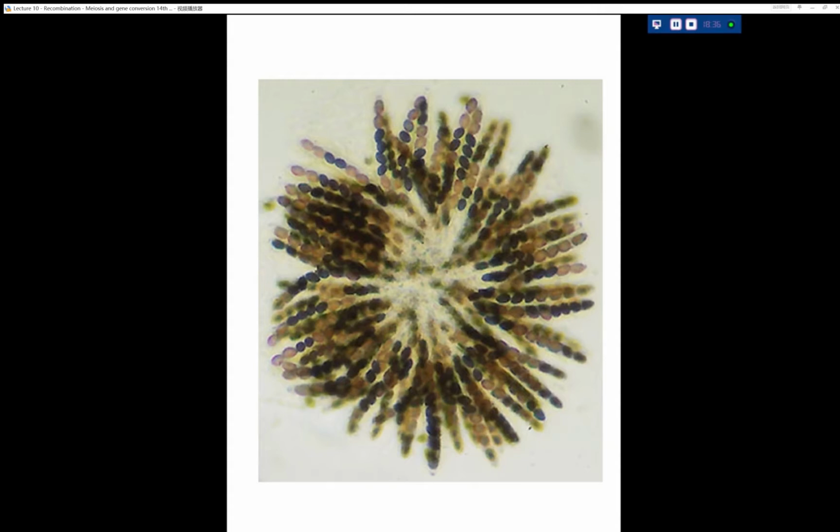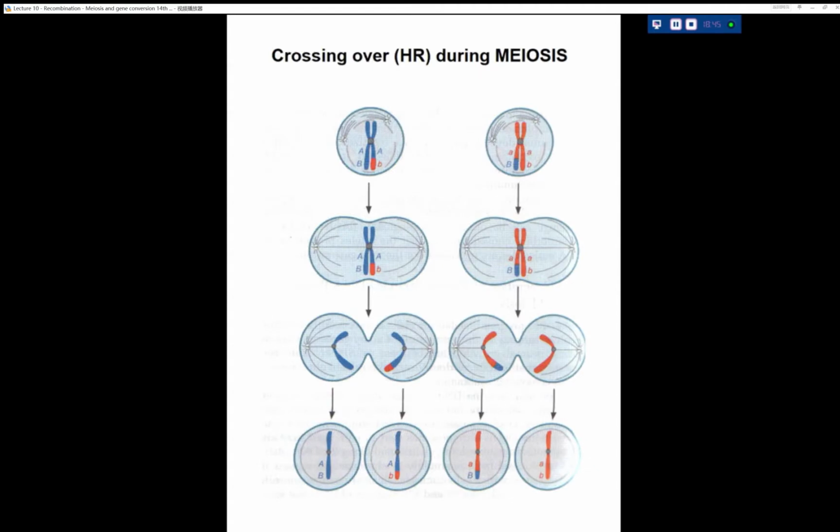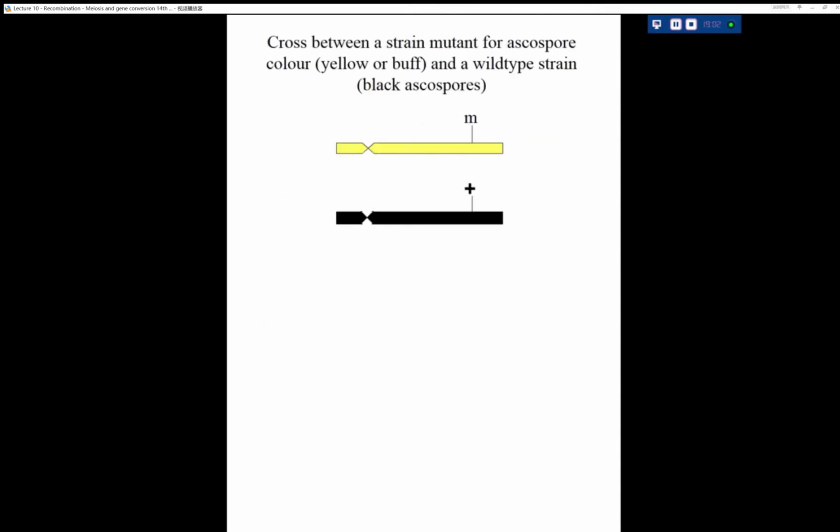yellow or colourless ascospores, and you can see here some yellow ascospores as opposed to the black ones here. Okay, so essentially I'm showing you this diagram here. This is the normal product of meiosis, and you get an arrangement of 4 gametes. Now remember that in Sordaria they go through an extra mitosis at the end of this, so they actually produce